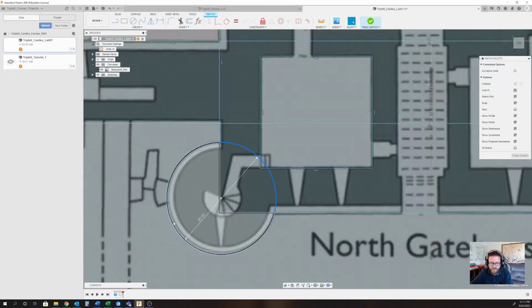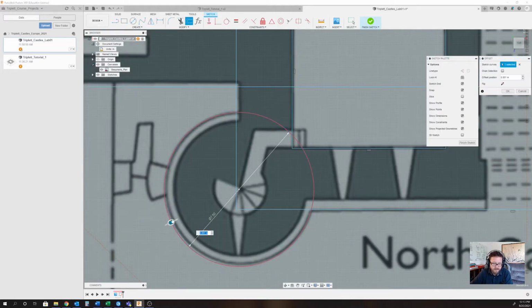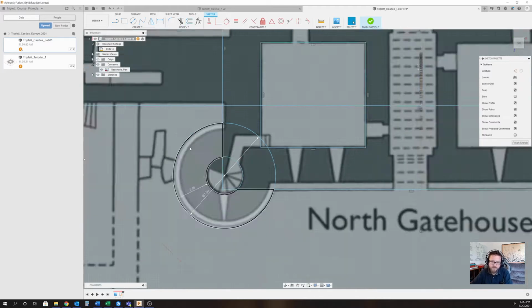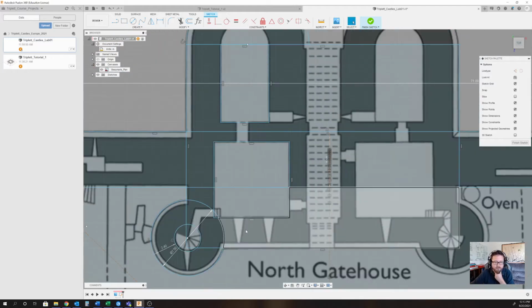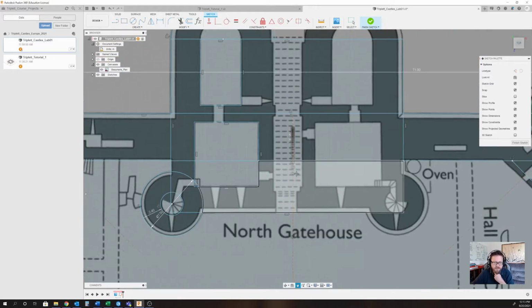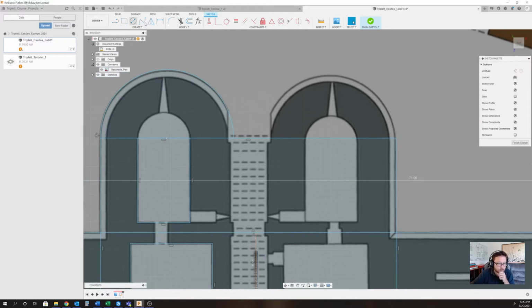Okay. I'm going to select that and offset it to get the inside of this spiral staircase. And let's just say negative 2.4, and that'll be fine. Again, this is sort of eyeballing. Sometimes we want really proper whole numbers, and sometimes we want it to be a little bit more custom. It's kind of depending on how you all want to create your